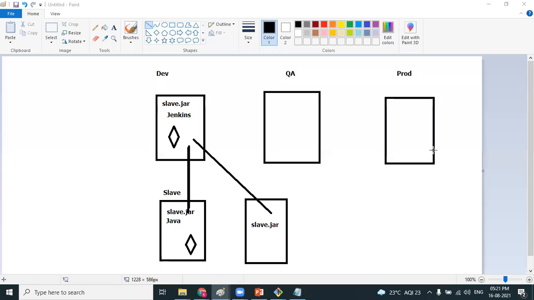Venkat Annabatina. Hi Sunil. Hello Venkat, how are you? I'm doing good, Sunil. Thank you. How are you? I'm fine, thank you. How is your learning experience in DevOps? Going well, Sunil. Please do hands-on. Yes, I'm doing hands-on as well.